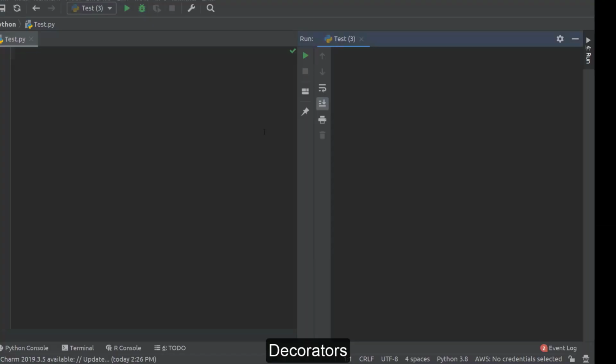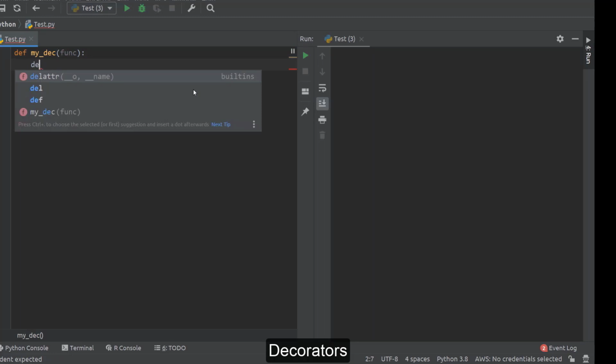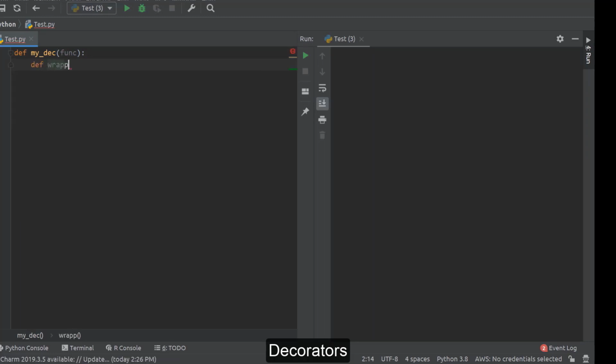Let's see how we can define a decorator. First we'll go with one very simple decorator. Here the decorator is nothing but a function, so we are writing one decorator my_dec. A decorator function always takes a function as an argument, so we write the parameter func. This is a reference to the function which we want to decorate. Inside the decorator we always write one inner function which will carry out the decoration work.